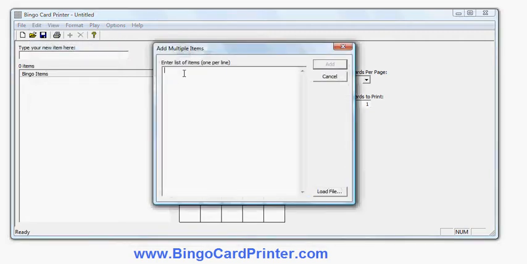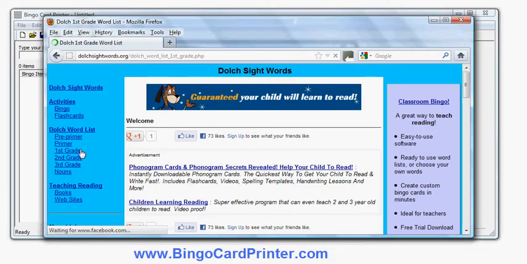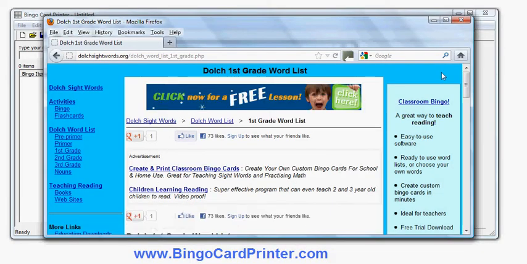Now here I could add the items by entering them one per line, but I can also paste them in from a word processor or a PDF or from the internet. So that's what I'm going to do here. I'm going to open my web browser. I'm going to go to the website dolchsightwords.org, and I'm going to look for, say, the first grade Dolch sight word list, and then I will scroll